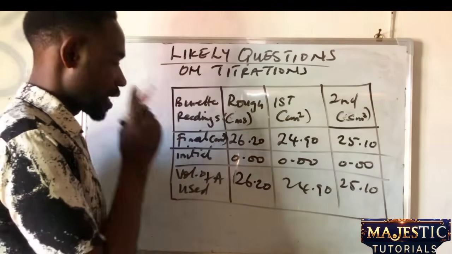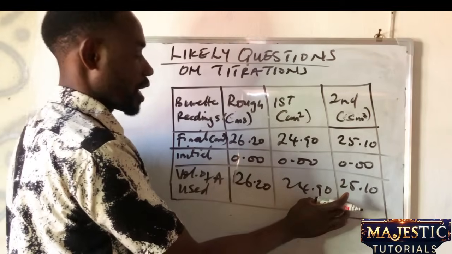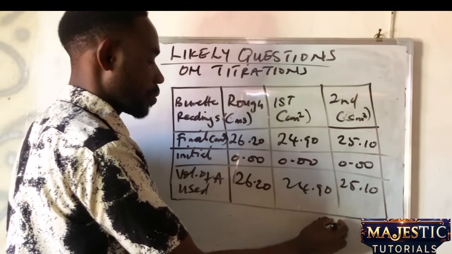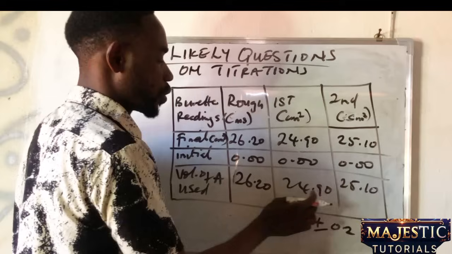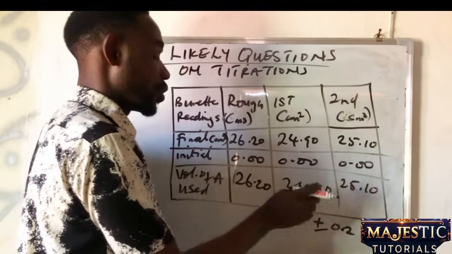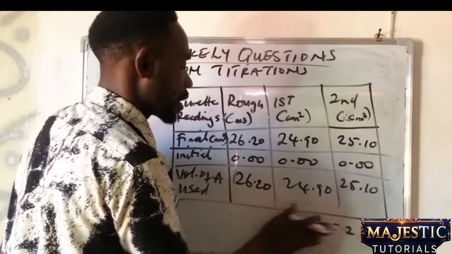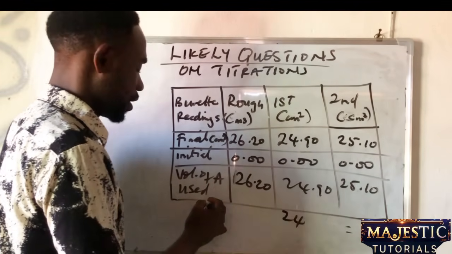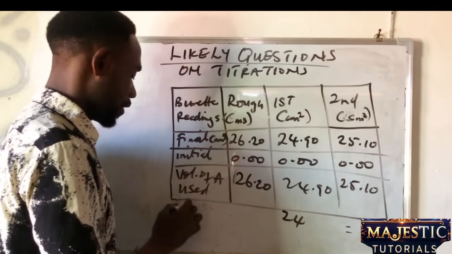So you will determine your average. Remember to use concordant titers, which means your values should not vary by more than plus or minus 0.2. The difference between 24.90 and 25.10 is just 0.2. So it is concordant. We call them concordant titers. Therefore, my average, meaning average volume of A used,